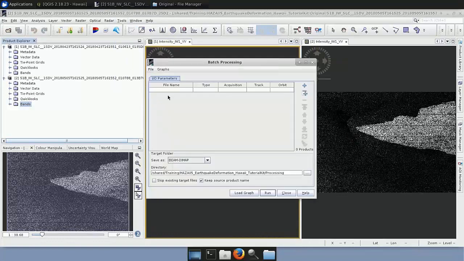The batch processing tool helps us to apply the same steps to both images in one go. If you have more than 2 images, you can apply the same step for all of them. So what we need to do now is we click on Add Opened to add the 2 products we have in the Product Explorer window, and we click on the refresh icon. You see here the update of the products. Remember to deselect the Keep Source product name because we want the products to be stored. We load the graph we created before,